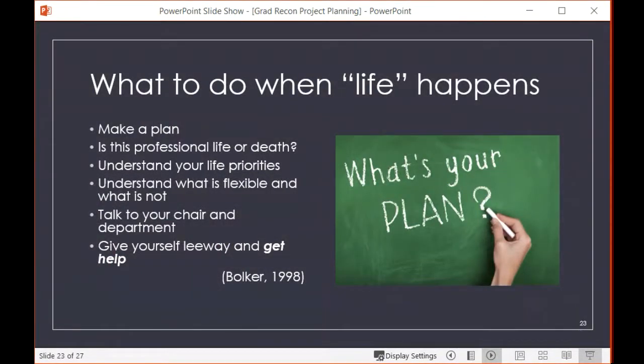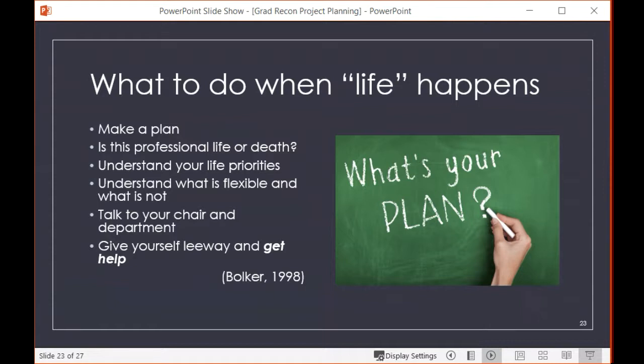All right, real quick, some things you can do when life happens. This is from Volker's book, Writing Your Dissertation in 15 Minutes a Day. You read that title and then in the introduction, she says she doesn't really mean 15 minutes a day, but she advocates doing a little bit of work towards your dissertation every single day. And what she says is if something happens, some major issue comes up that interrupts your graduate work, your research, your project, your dissertation, your thesis,